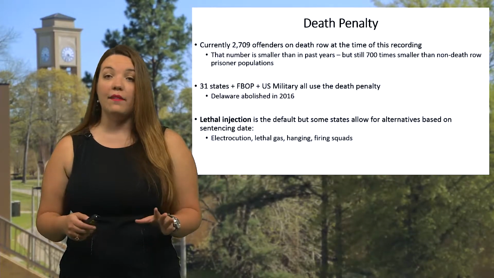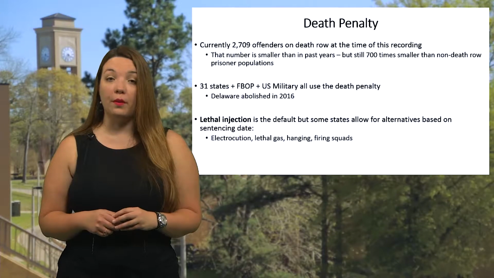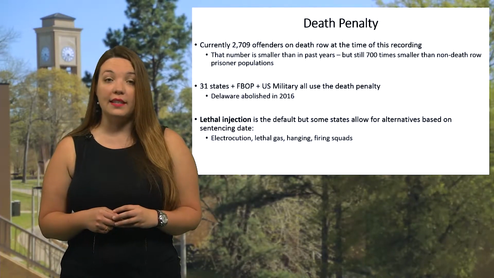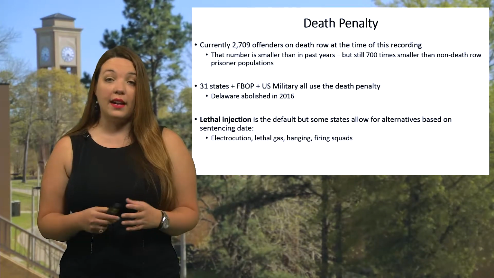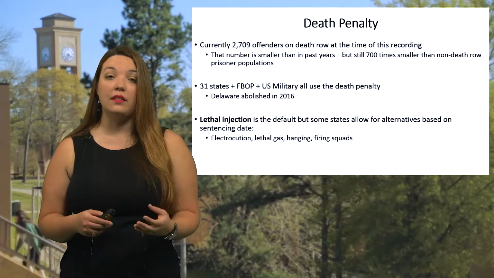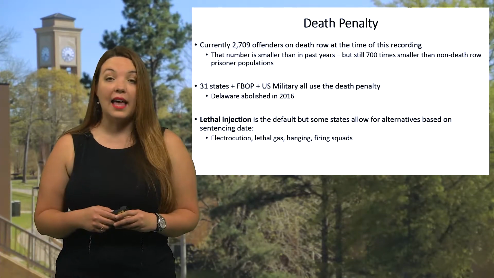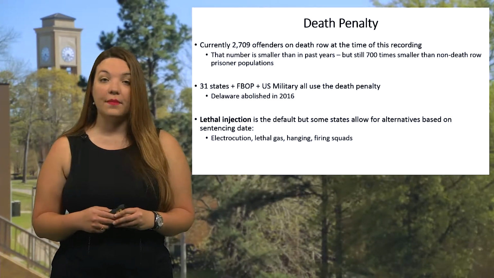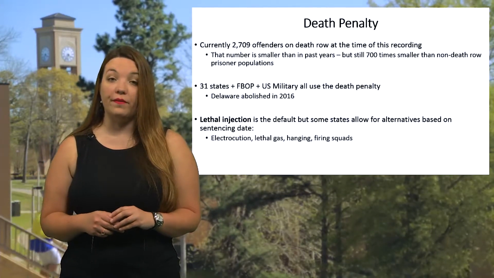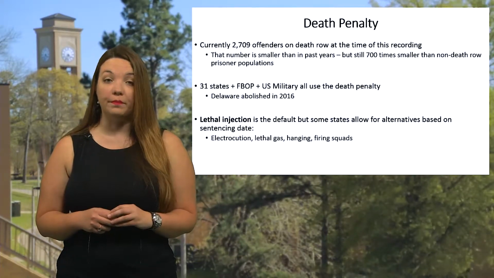Texas is the big daddy of them all, and we'll talk about the state a little bit more in just a second. Even though California does have a good-sized death row, they're not all that eager to execute. They only have executed 13 individuals since the reinstitution of the death penalty, and the last one was in 2006. California's death row currently has more than 850 individuals sitting on it.